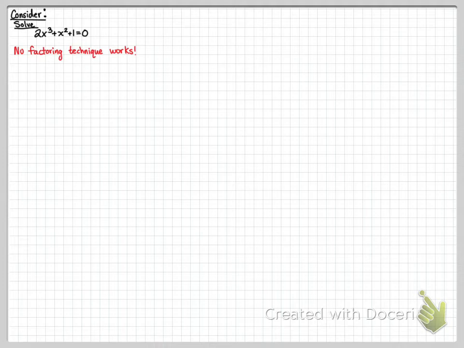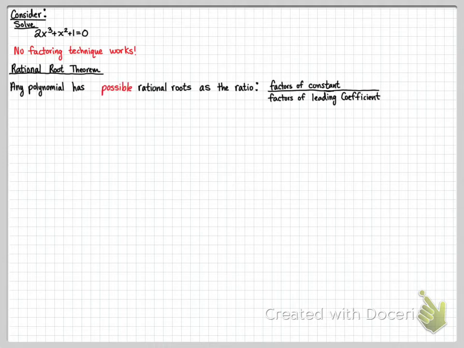So we have to do something called the rational root theorem. So any polynomial has possible rational roots. And the possible rational roots are going to be written as this ratio, the factors of the constant over the factors of the leading coefficient. Okay, now,